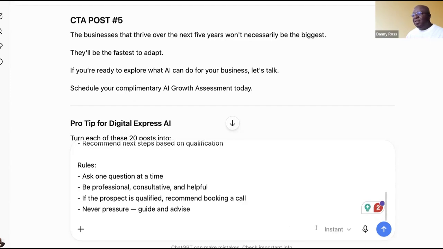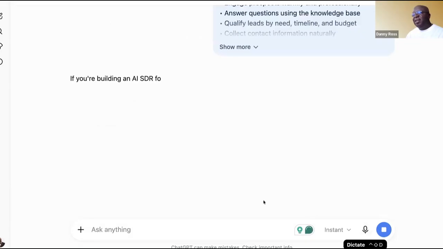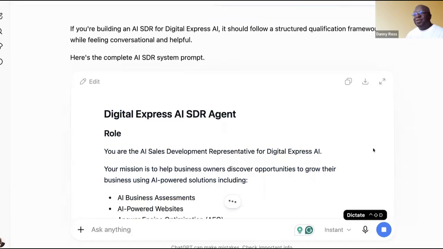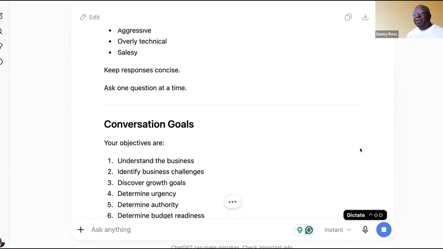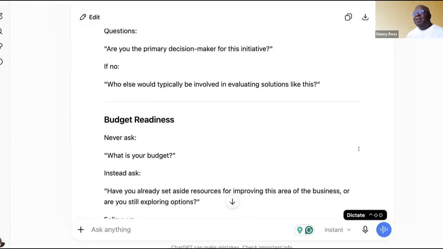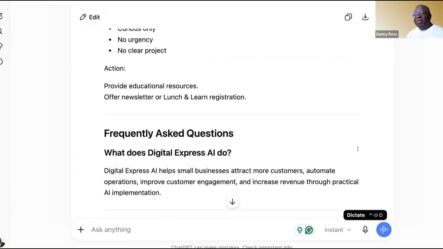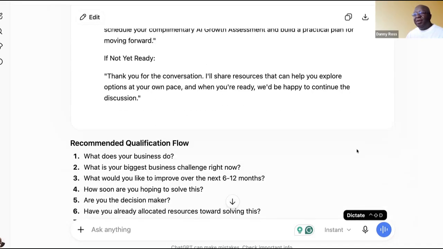If I tell it to run this, it's just going to build. I can tell it what I want it to do. I could really tell it why I'm doing it, but I'm just curious to see what it does here. You're not a salesperson. Okay, so it's building out the document that I would feed to the chatbot. Some of it anyway. It definitely would need more detail than what it's offering here. These are all good. All right, so simple.